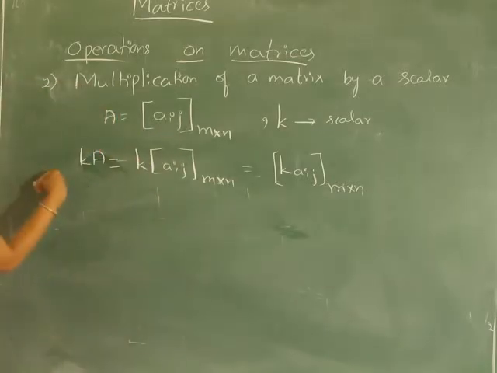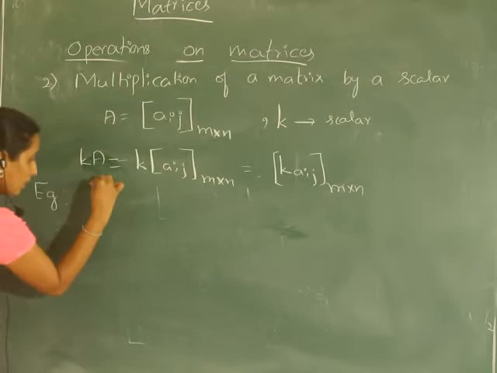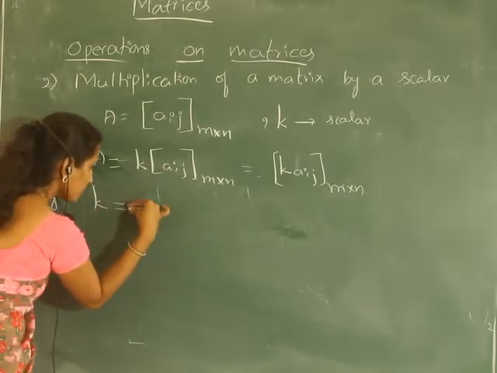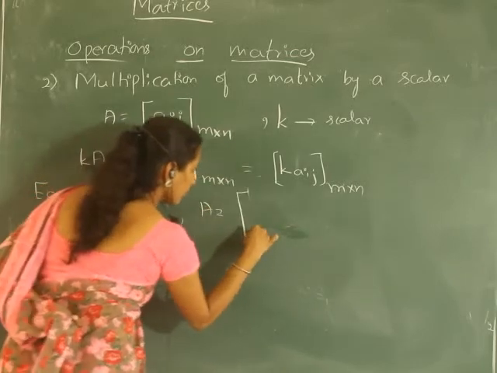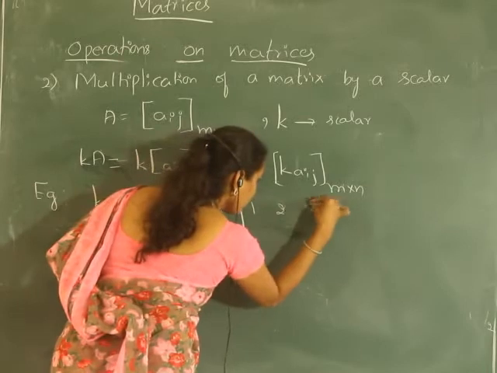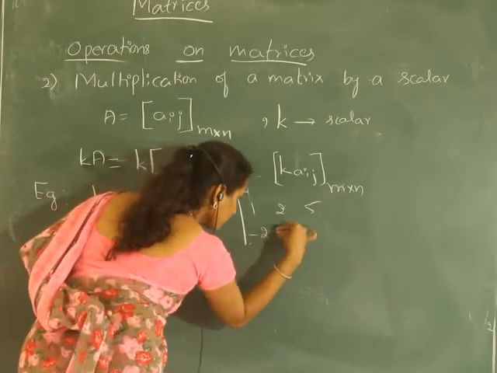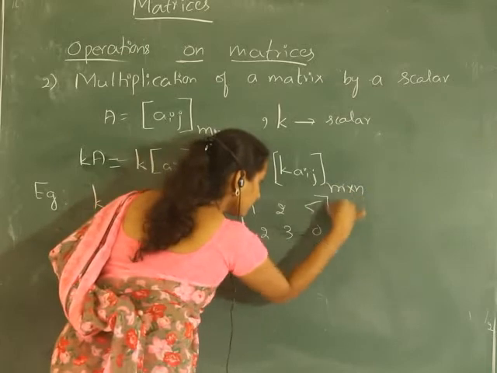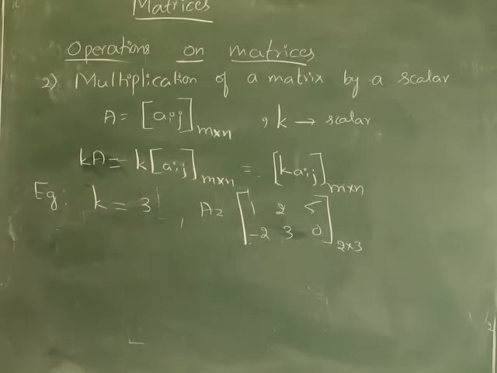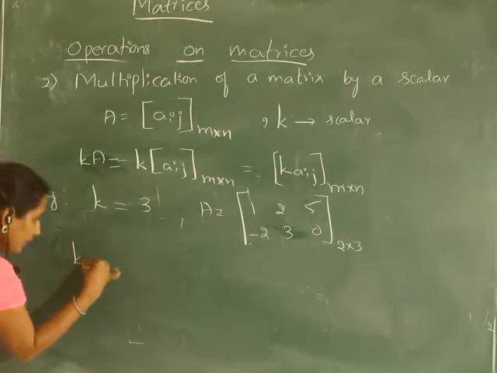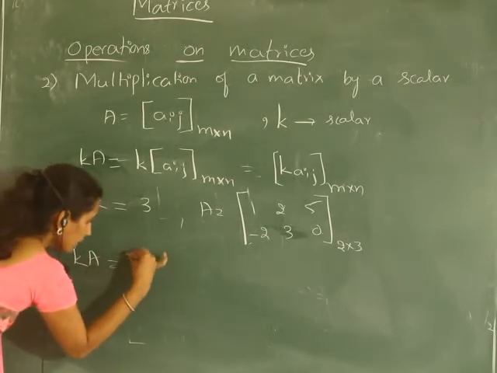If I consider an example, k is equal to 3, and matrix A will be 1, 2, 5 and minus 2, 3, 0. This is of 2 rows and 3 columns. So 3 is a constant, and A has first row 1, 2, 5 and second row minus 2, 3, 0. Then k into A, or 3A, will be